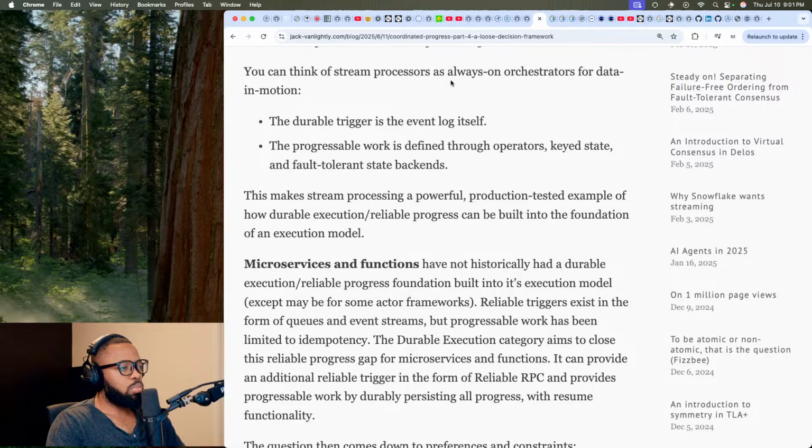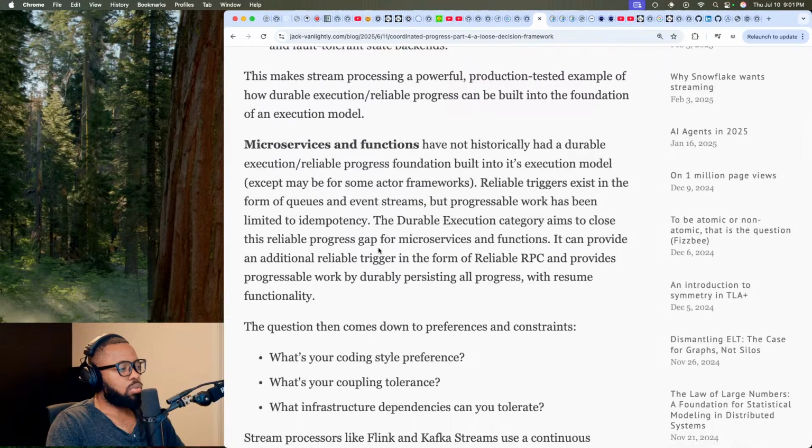You can think of stream processors as always-on orchestrators for data in motion. The durable trigger is the event log itself. The progressible work is defined through operators, keyed state and fault-tolerant state backends. This makes stream processing a powerful production-tested example of how durable execution, reliable progress can be built into the foundation of an execution model.